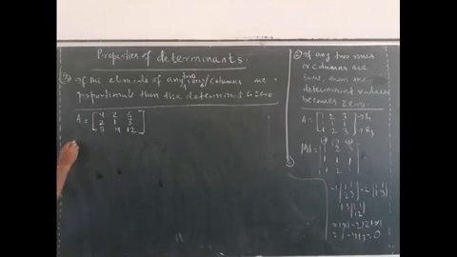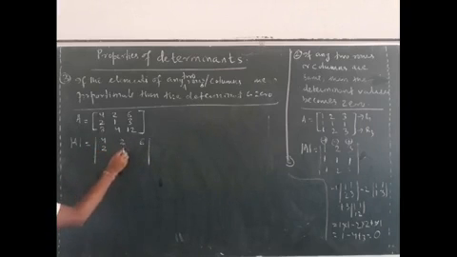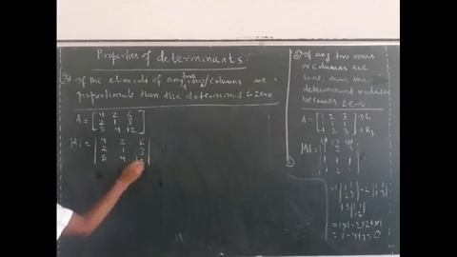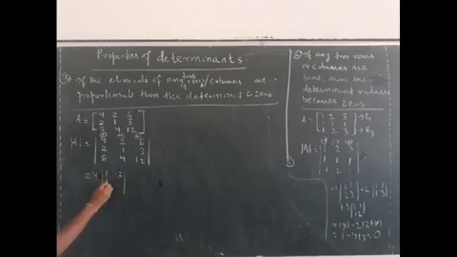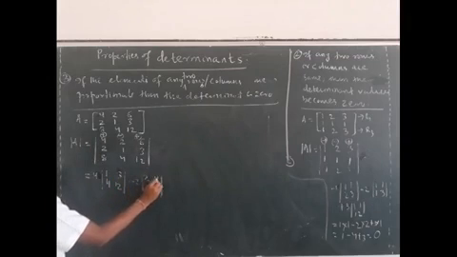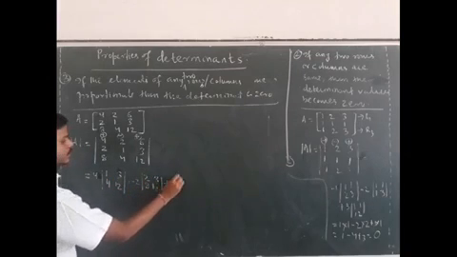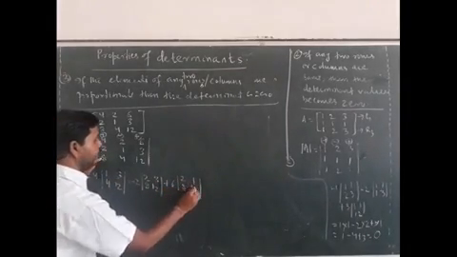So let us see the determinant value of this one. The determinant of A, we give a determinant sign here. This is 4, 2, 6, then 2, 1, 3, 8, 4 and 12. This is positive, this is negative and this is positive. Then 4, you remove the row and column: this is 1, 3, 4, 12, minus 2, again remove the row and column: this is 2, 3, 8 and 12, plus 6. Remove the row and column: the entries are 2, 1, 8 and 4.